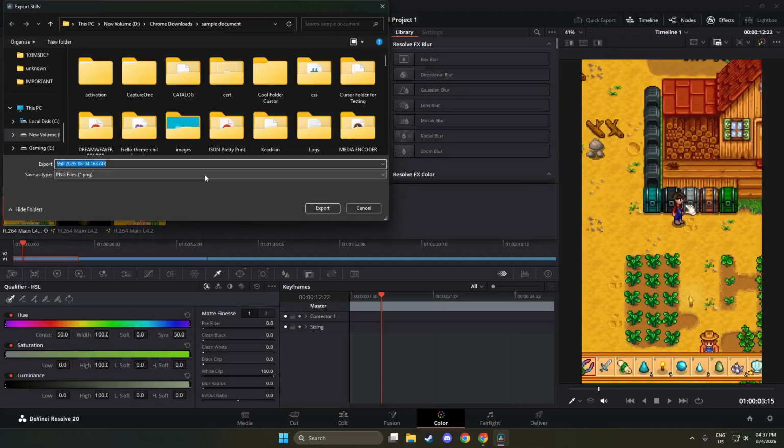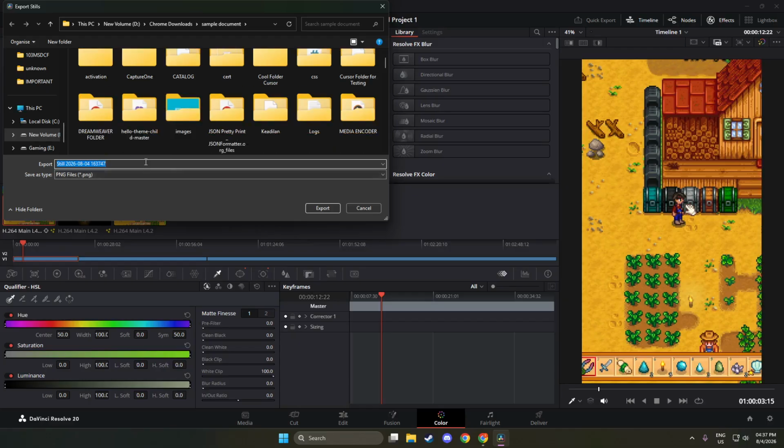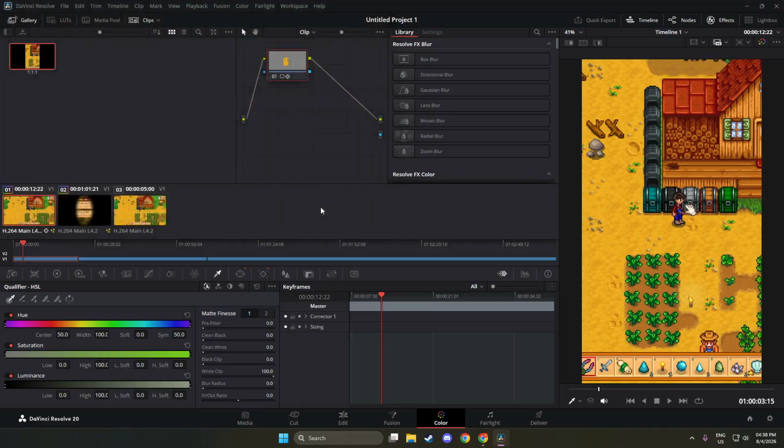Now choose a location and save it as a JPEG, PNG, TIFF, or DPX. In the file browser, pick a folder where you want to keep this image, such as a project folder on your desktop or an external drive. At the bottom, type a clear file name so you can recognize this specific frame later. Then pick the format from the available options, JPEG or PNG for general use, TIFF for higher quality, or DPX for professional workflows. Click Save, and the image file is created in that folder with your color grade baked in.